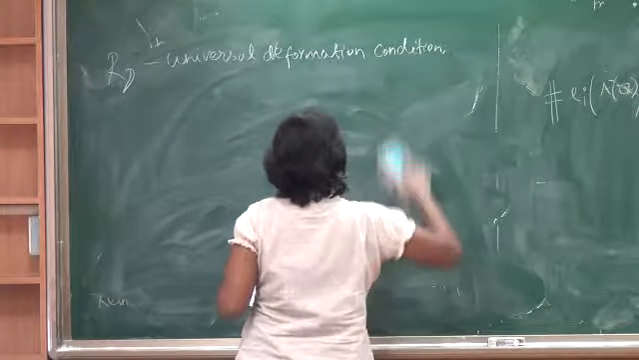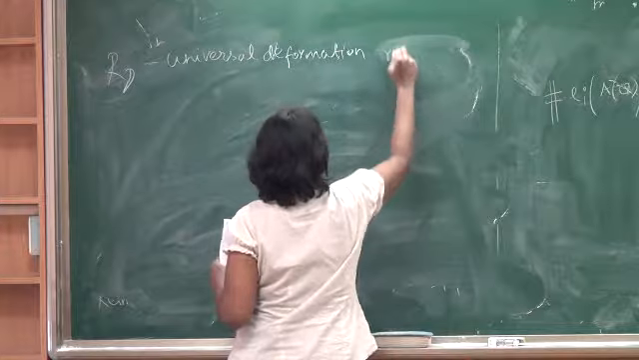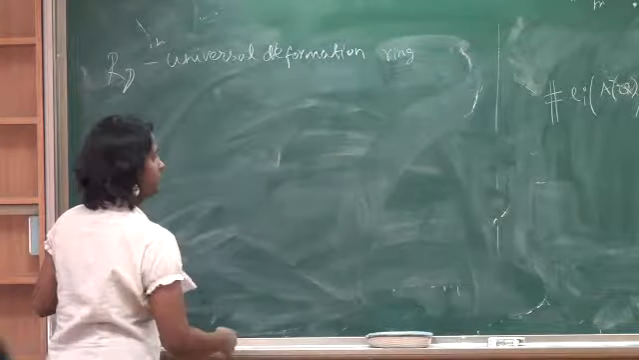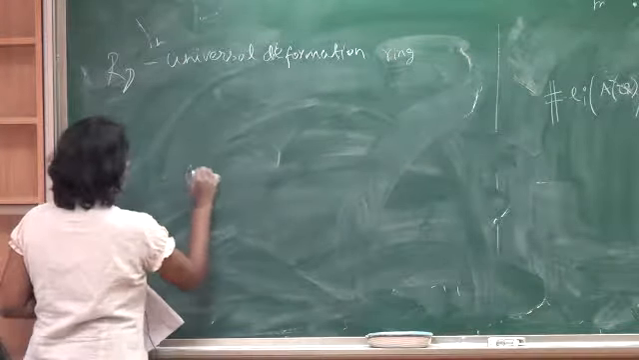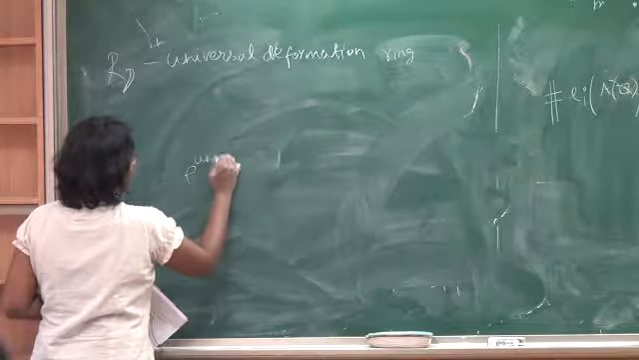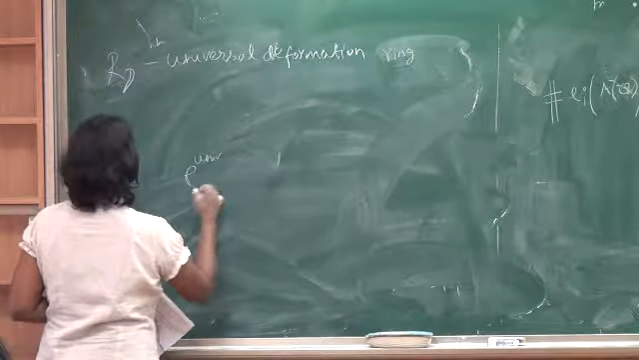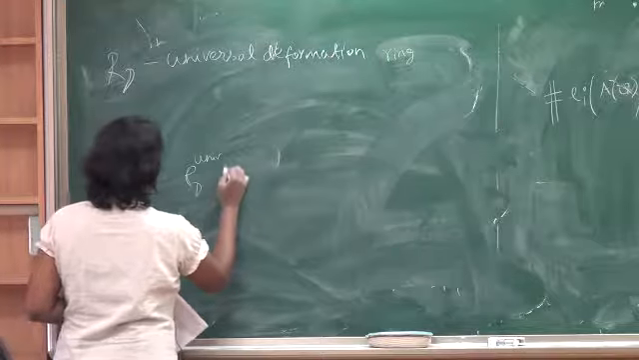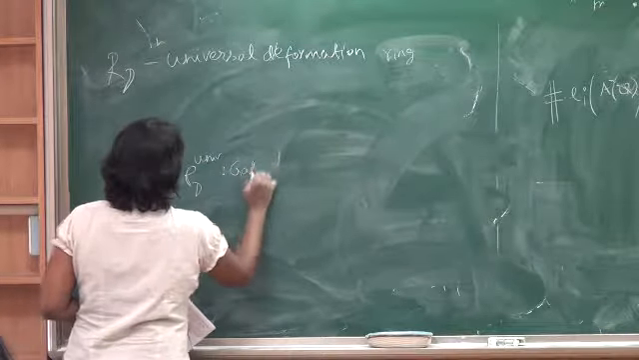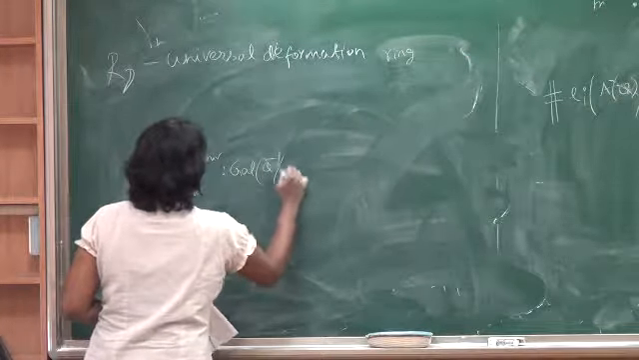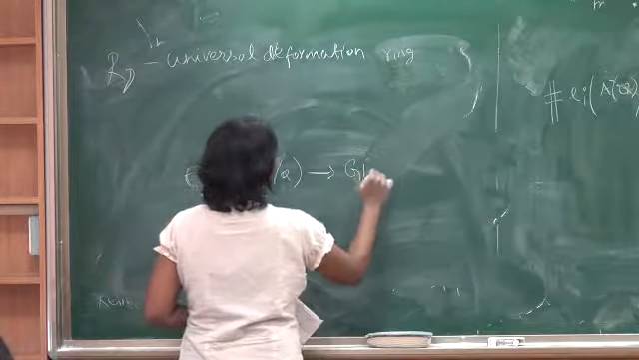Deformation ring. What does universal deformation ring mean? We have one morphism, one Galois representation from the Galois group of Q bar over Q to GL2 of RD,